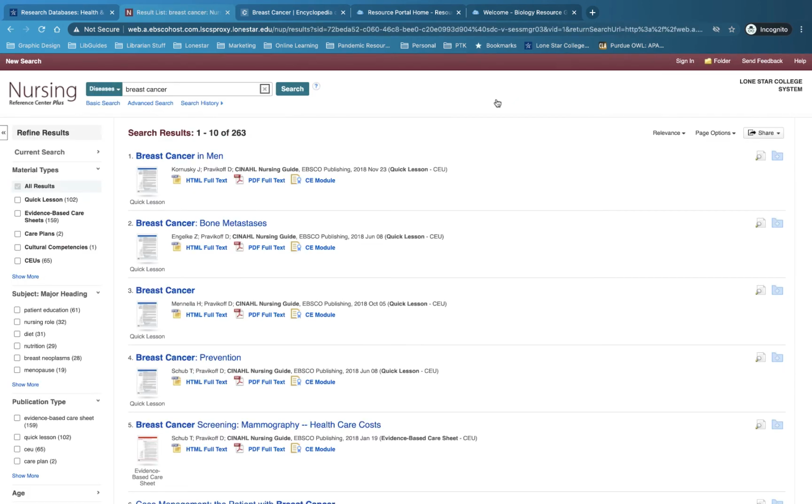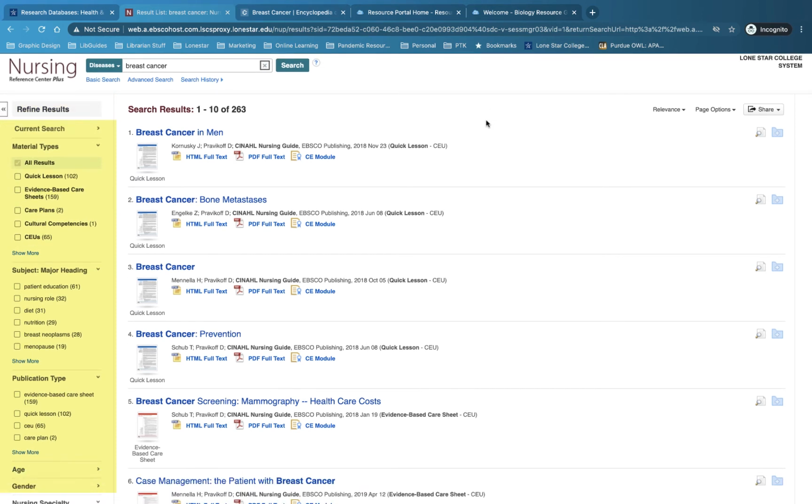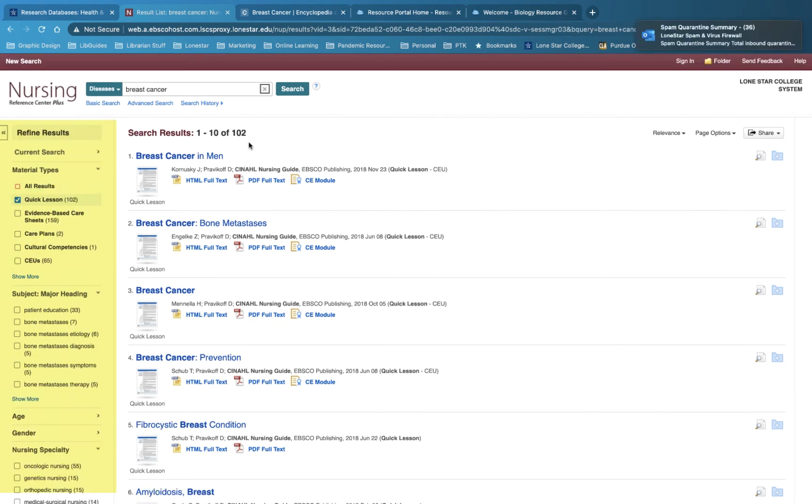On the results page, I will use the left-hand column labeled Refine Results to further refine my search results. You can refine by material type, subject, publication type, etc. Since I'm looking at background research and learning more about the disease, I'll select Quick Lessons and select the article